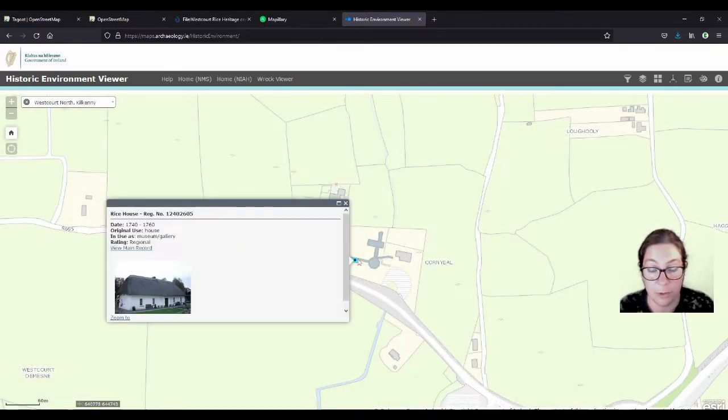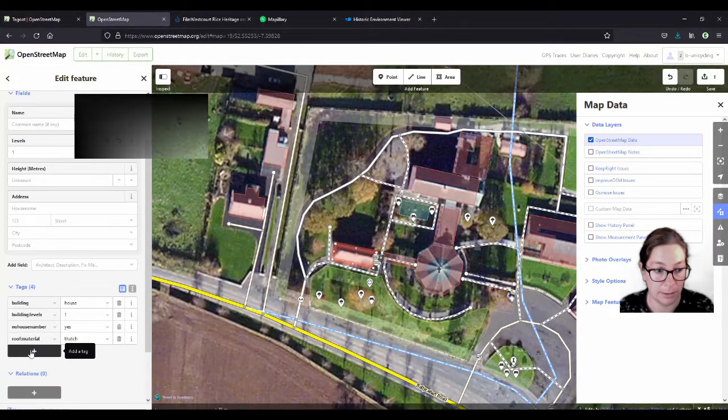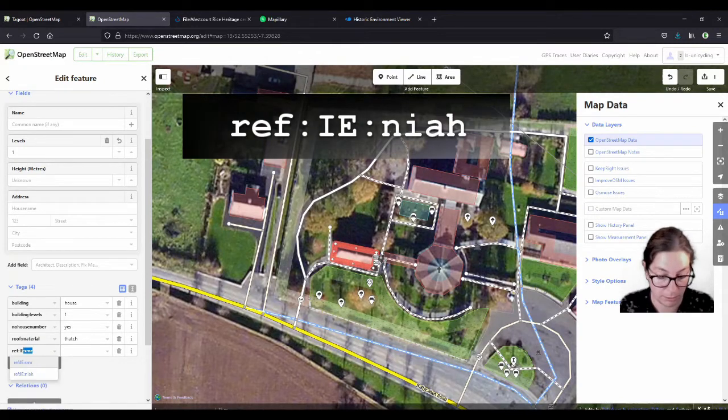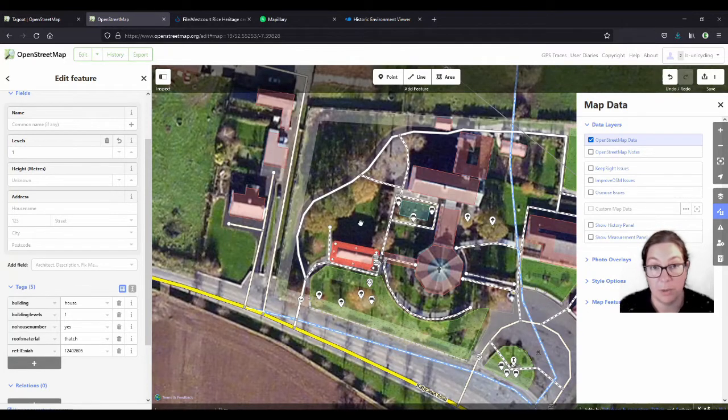So if you click on the blue dots, they all have blue dots. I haven't come across one that is older than 1700s. And just copy this number here. And then you can add that as ref:IE:NIAH. So we know it is a heritage building for certain.